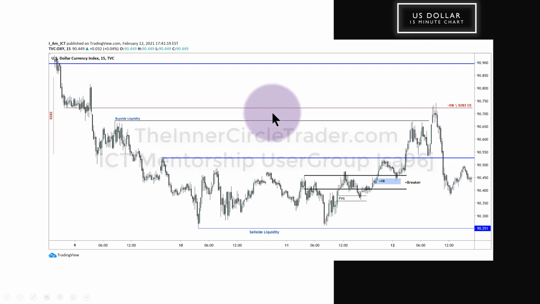And what does it do? It runs above the short-term high into this last up closed candle, which is a bearish order block. But it's also the bearish order block on the 60-minute time frame and the sell side imbalance, buy side inefficiency, consequent encroachment of the daily chart, which is again in this area here we will be focusing on. Price runs up, hits it, immediate rejection. So we have a small little breaker in here that might need to be traded to before we run into this area here. So watch that on Sunday and or Monday's trading.